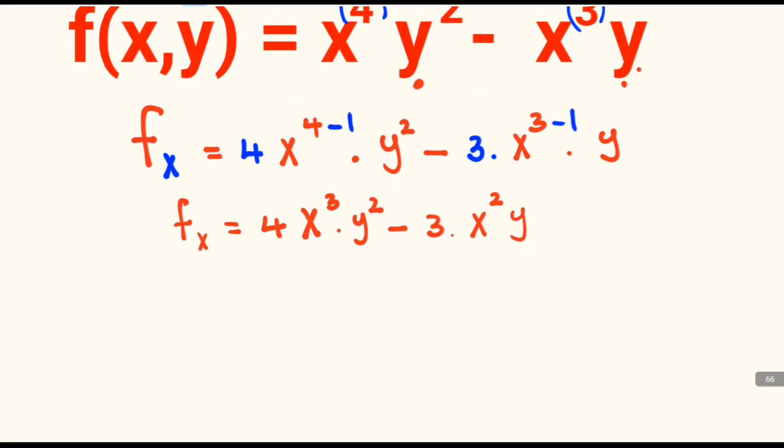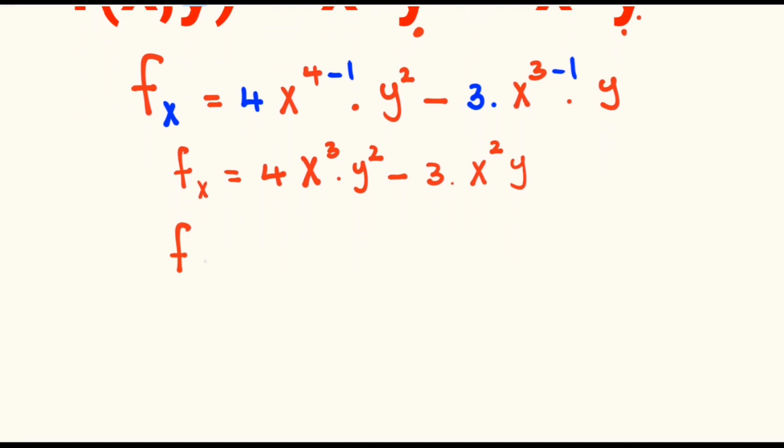So now that we determined the partial derivative of f with respect to x, we are going to differentiate it with respect to y, and this will be equal to, so we are going to consider the x cubed like a constant, just like the 4. So we have the 4 multiplied by x raised to the power 3, and now the derivative of the y squared with respect to y will be the exponent of the y, which is equal to the 2. We multiply it with the y squared, but since we are differentiating with respect to y, we minus 1 from the exponent of the y